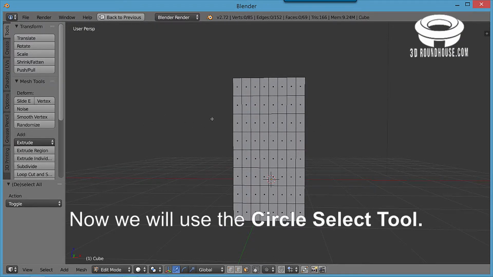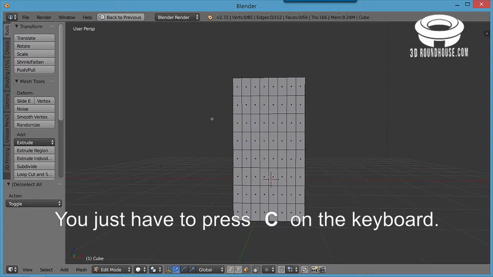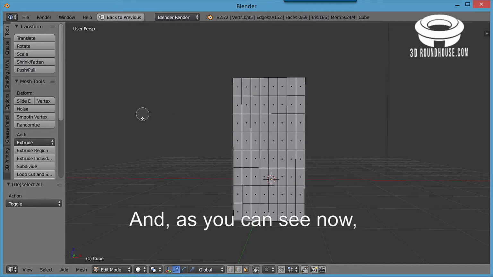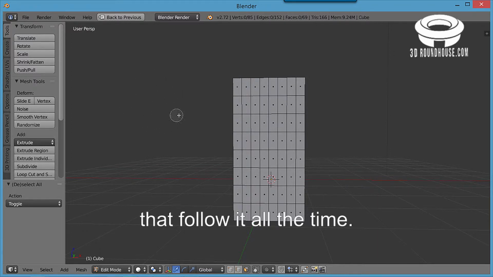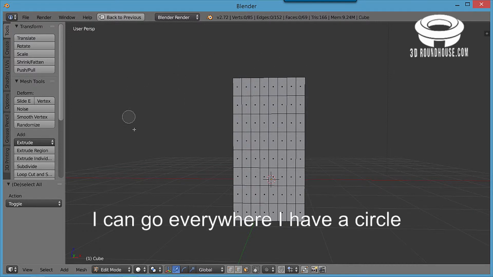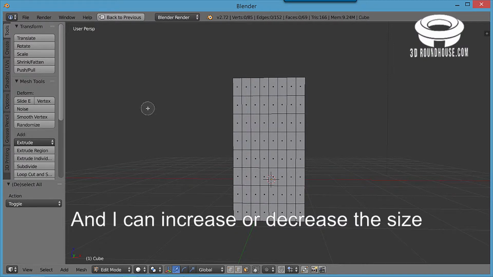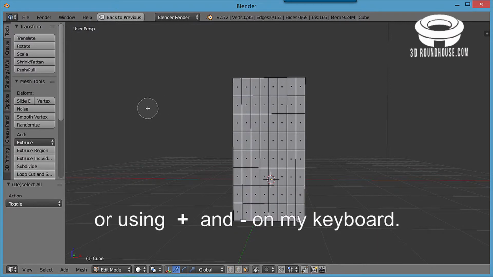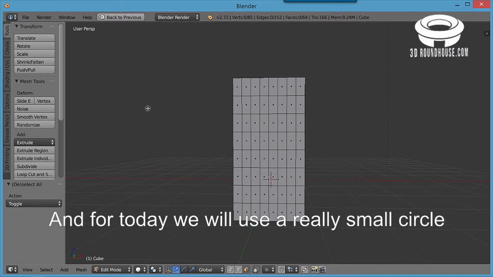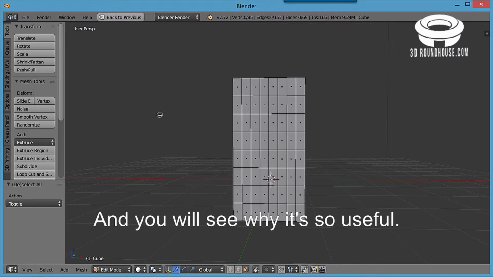Now we will use the Circle Select tool. You just have to press C on the keyboard, and as you can see now, when I move my cursor, I have a circle that follows it all the time. I can go everywhere. I have a circle, and I can increase or decrease the size of the circle using the wheel of my mouse or using plus and minus on my keyboard. And for today we will use a really small circle like that, okay,